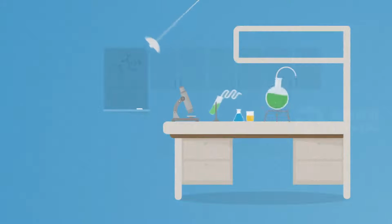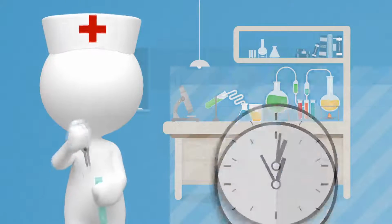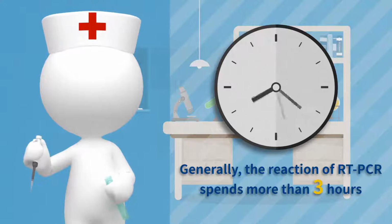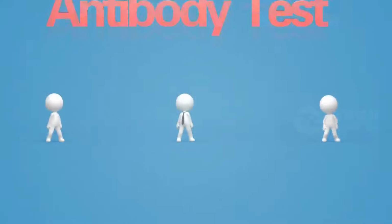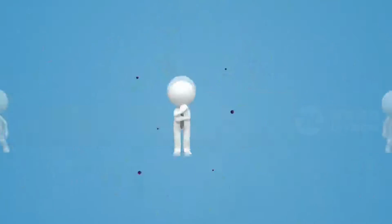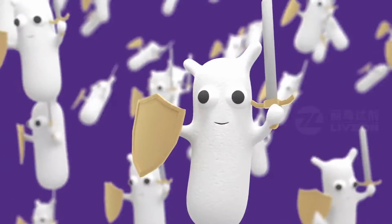Furthermore, NAT not only requires high-standard laboratories and well-trained operators, but is time-consuming as well. Therefore, NAT is difficult to carry out in primary healthcare units. To overcome the limitations of NAT and improve the efficacy and accuracy of diagnosis, it's necessary to introduce antibody test as a complement. When one is infected with coronavirus, his immune system will be mobilized to produce antibodies that attack the